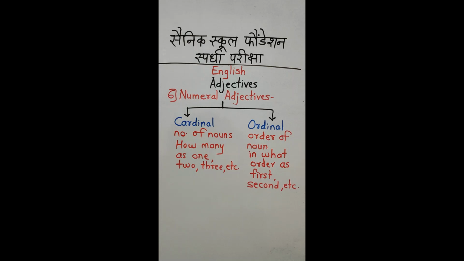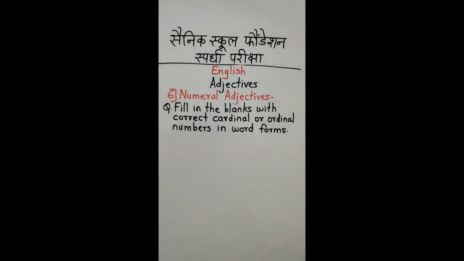Now let us see the examples. Suppose the question is given, fill in the blanks with correct cardinal or ordinal numbers in word forms, and the numbers will be given in brackets. Here the first example is given, my brother is in dash class, and the number given is 6. We should write the ordinal number for 6 because we are talking about numerical order, that is the position of the class in which my brother is. So the ordinal adjective for the number 6 is sixth. That is why we have written the adjective sixth here, and the sentence will become, my brother is in sixth